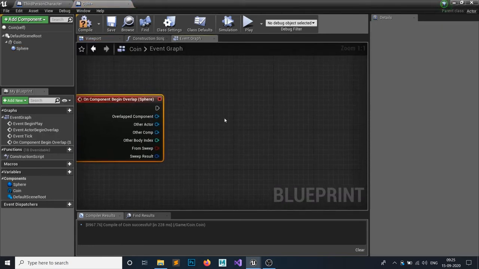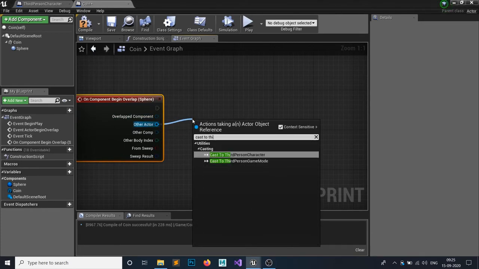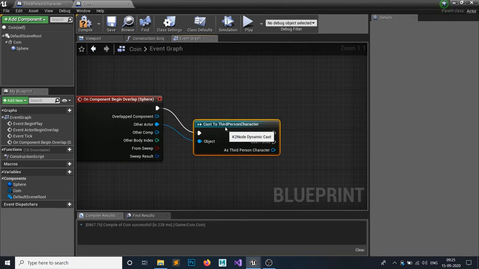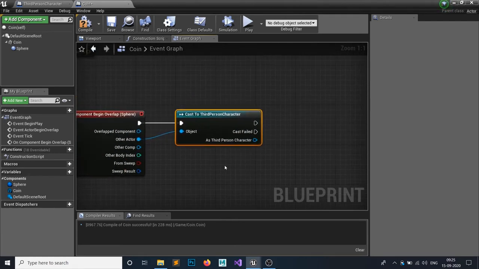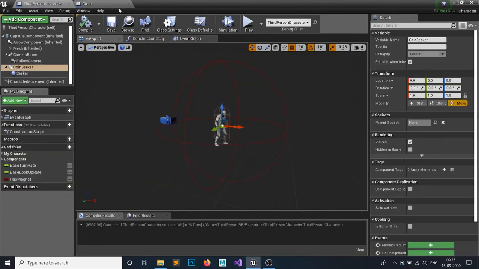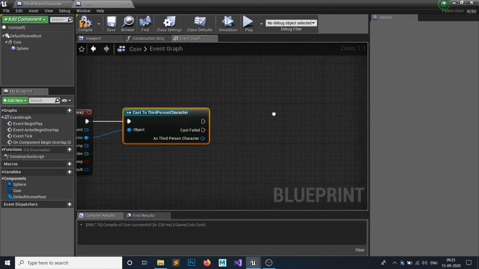Whenever our coin is overlapped, we cast it to whatever actor you are using. I'm using the third person character, so we cast it to third person character. The reason I am casting it is because even if you don't have the coin catching collider, you want to get that coin if you begin overlap with that actor. This is why I have cast this.